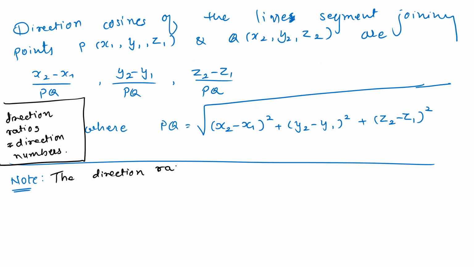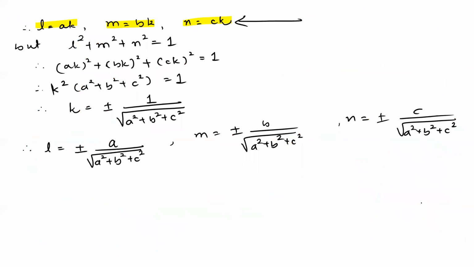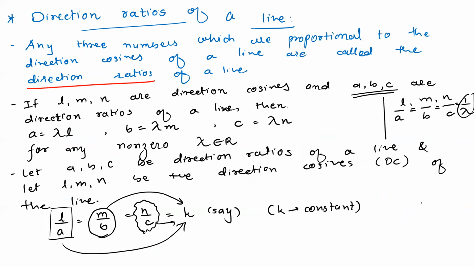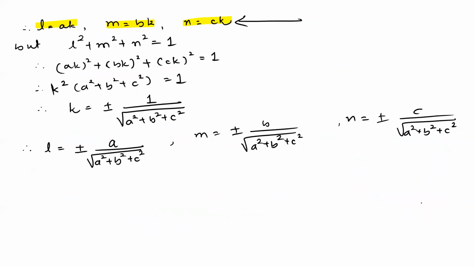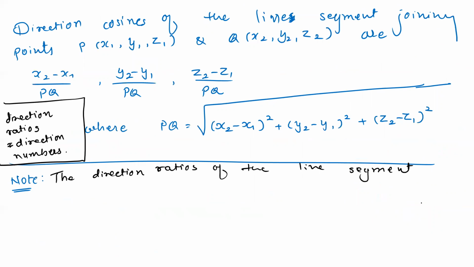The direction ratios of the line segment. What is the direction ratios? If you remember, we wrote a, b, c as direction ratios. But here we have 2 points. For a line segment, we have 2 points, P and Q. How do we write it? Line segment joining